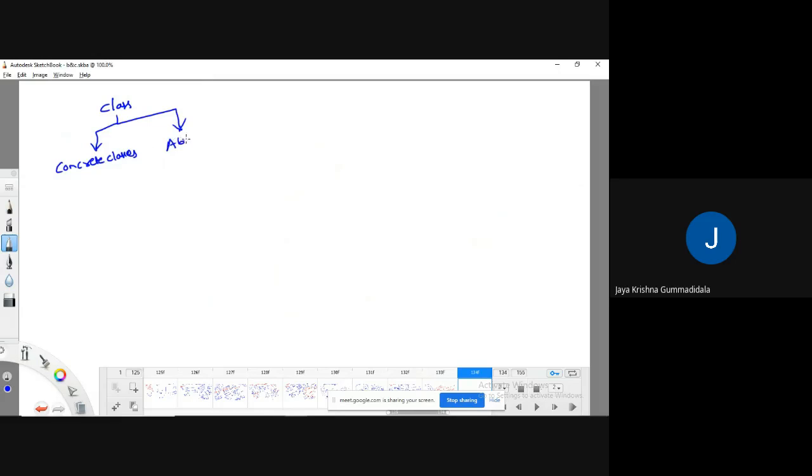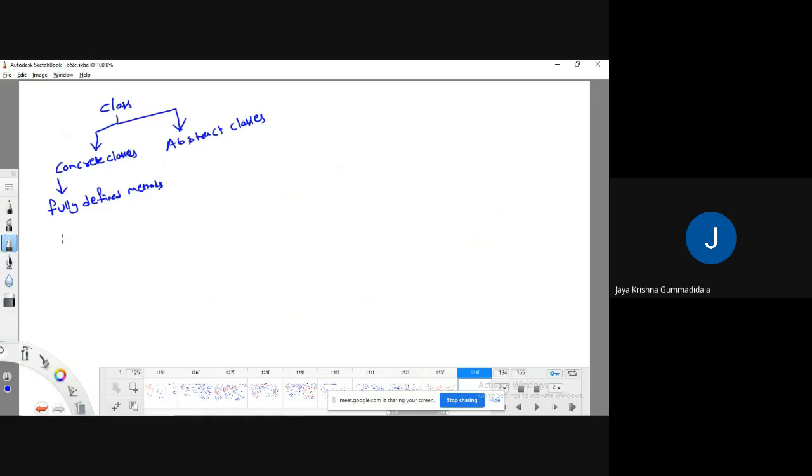And there is one more type of class, called abstract classes. Concrete classes are the classes which contain fully defined methods. Those classes we call concrete classes.